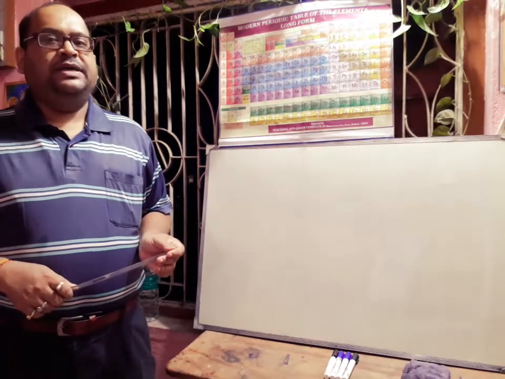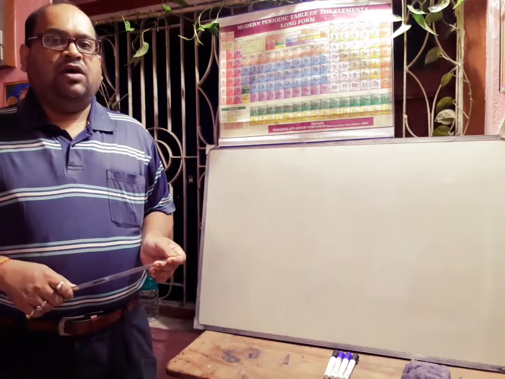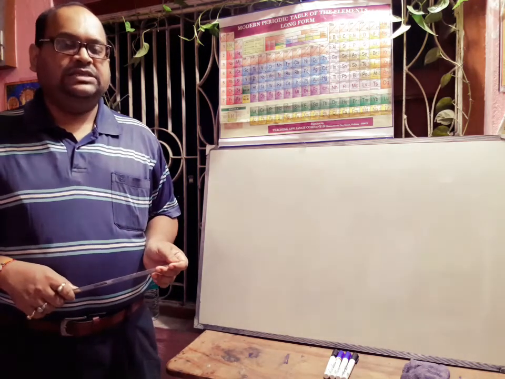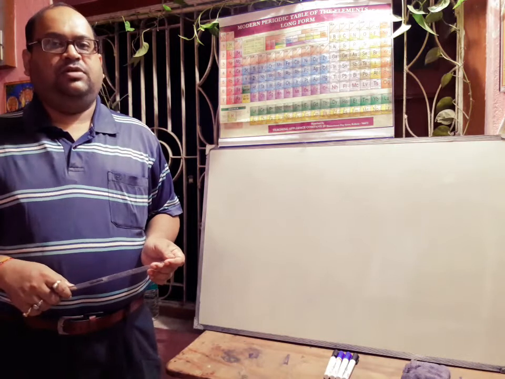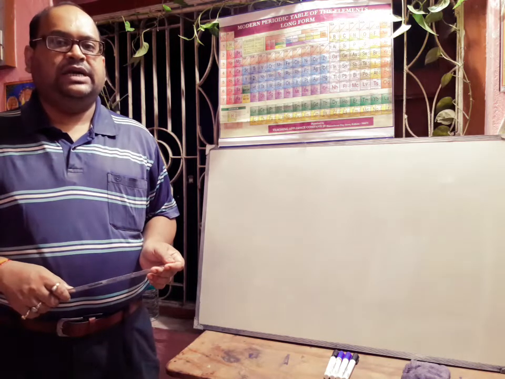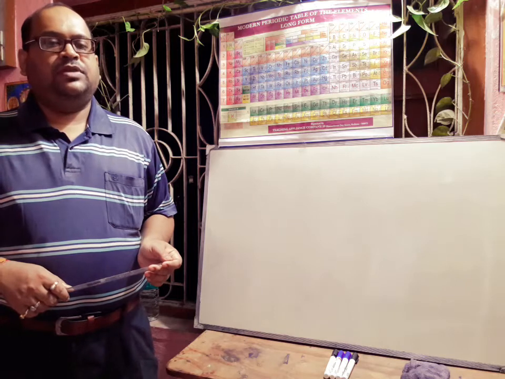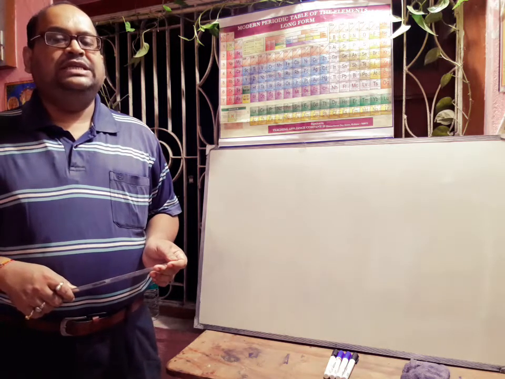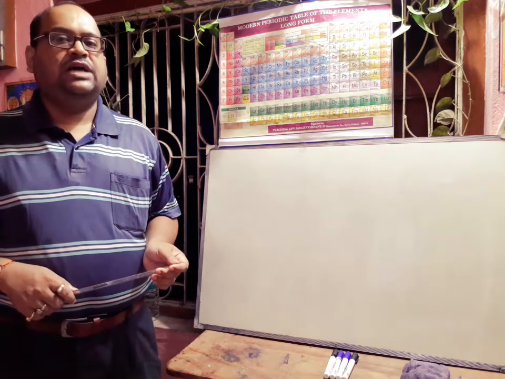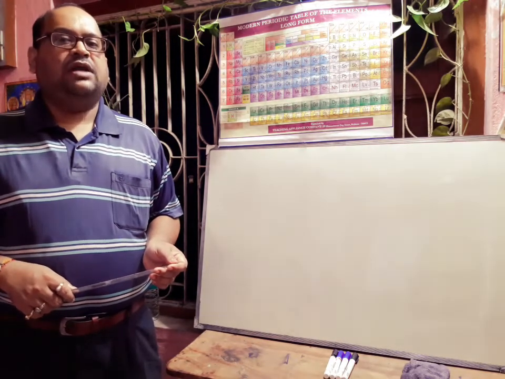On the basis of the electronic configuration, the elements in the long form of the periodic table have been divided into 4 blocks. These are s block, p block, d block and f block. The nature of the subshell in which the last electron of that atom enters determines the block to which that element belongs. First one is s block. These elements, except helium, in which the last electron enters into the s subshell of the outermost main energy level, are called s block elements.